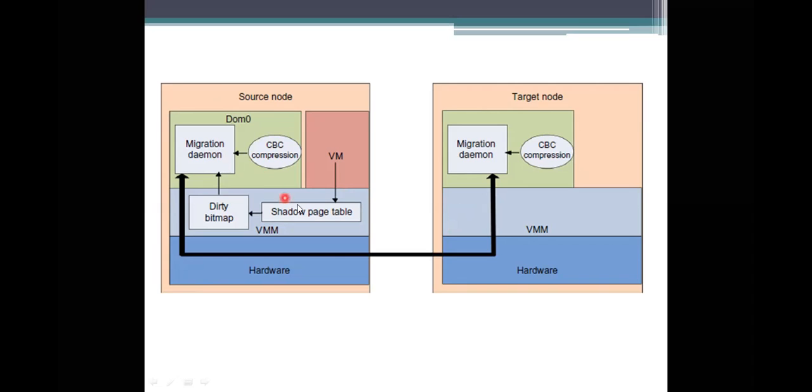Along with this, we also have the page tables, the shadow page tables. In the VMM layer, the page tables have to trace the modifications done to the memory pages we are migrating. If you are providing any phasing technique, that is, a copying technique, here we are using the pre-copying technique. The pre-copying technique means first it will copy the important memory spaces first, and along with that, in the next rounds it will take the dirty pages.